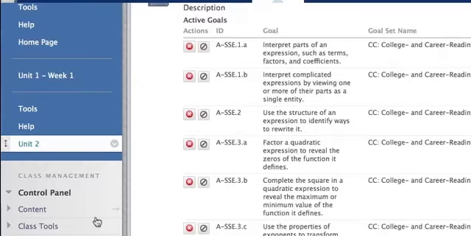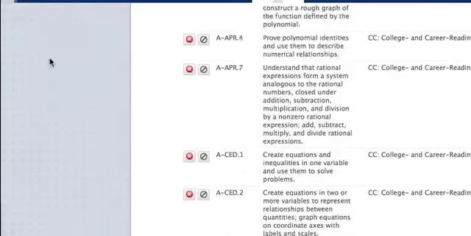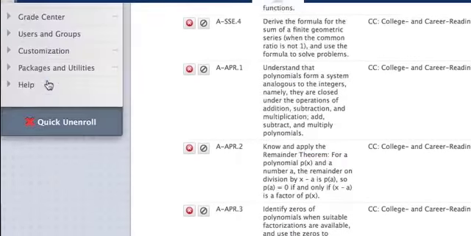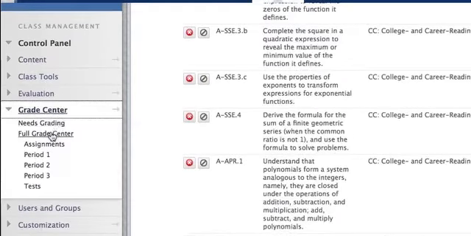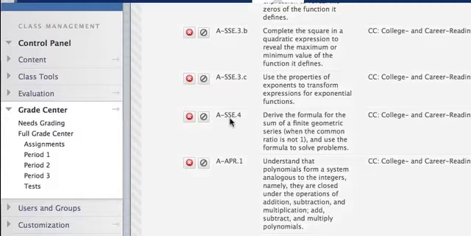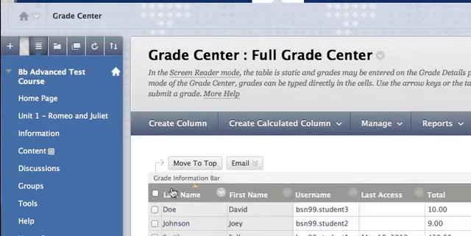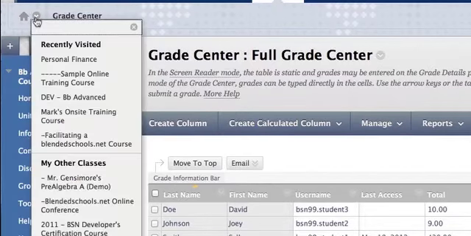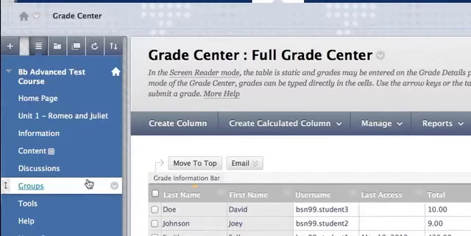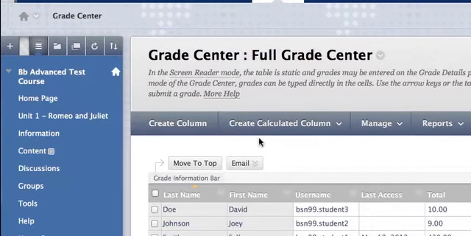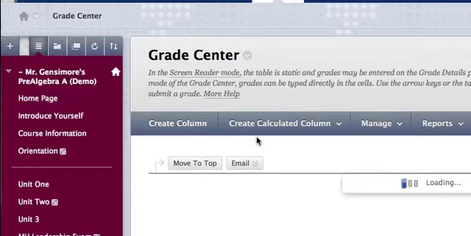Not only can you jump from one course to another, Mark, but you can also jump from one course to another in a certain area. Yeah, exactly. So for example, if I'm in a course right now in the Grade Center, you can go up to the top, click on the little down arrow, little home, and boom, go right to another course, and it takes you right into the Grade Center. Exactly. This will allow teachers to jump back and forth from course to course, where before you